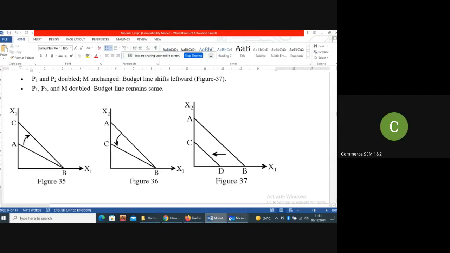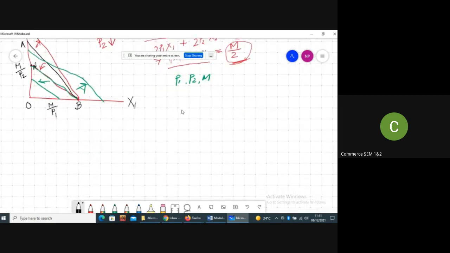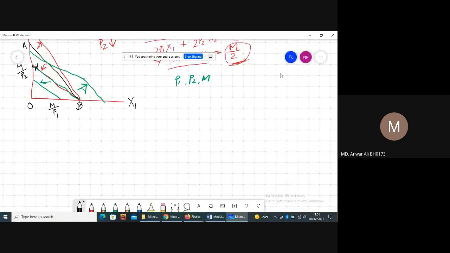Next is, if all P1, P2 and money income everything is doubled, তাহলে কি হবে? If the money income and prices of both the commodities are doubled, then what will happen to the budget line? Unchanged. So again, একই থাকবে।